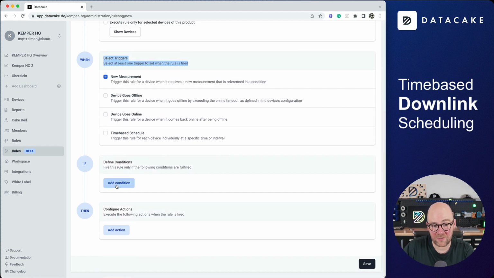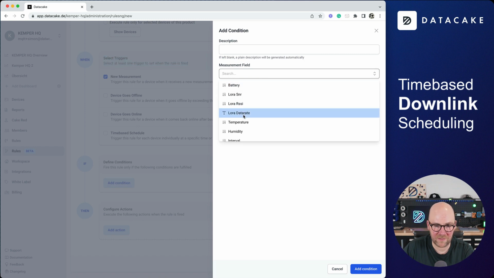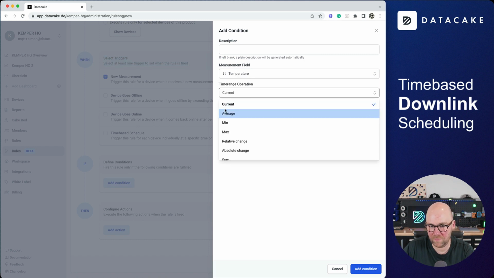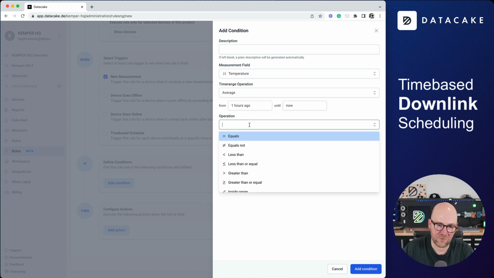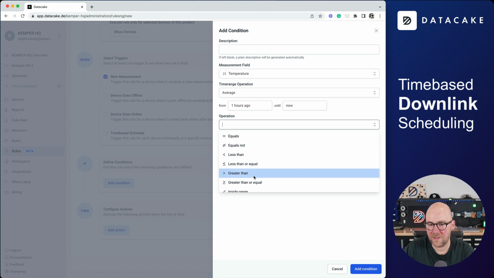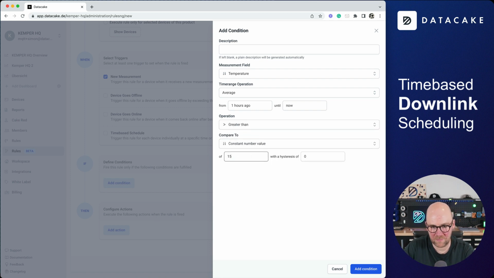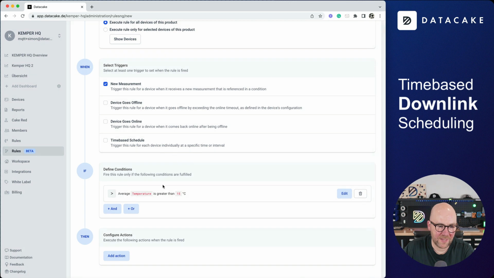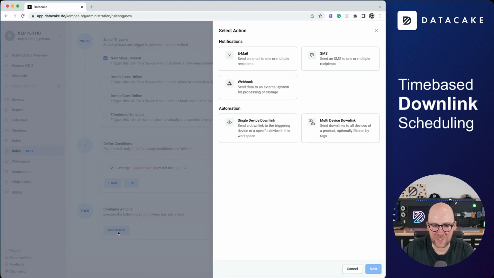Next, I'm going to define conditions, and in here, I'm going to check if the temperature, not the current, but let's say an average from 1 hour ago up until now, so average of the last hour, is greater than, compared to a constant number value of 15. This means if the SenseGap measures a temperature above 15 degrees for 1 hour, we can add this as the condition, and now we configure an action, and in here we are going to select the multi-device downlink,